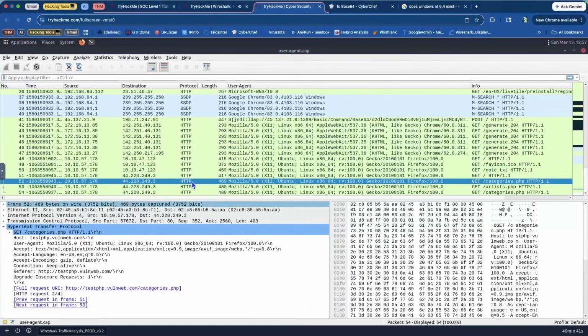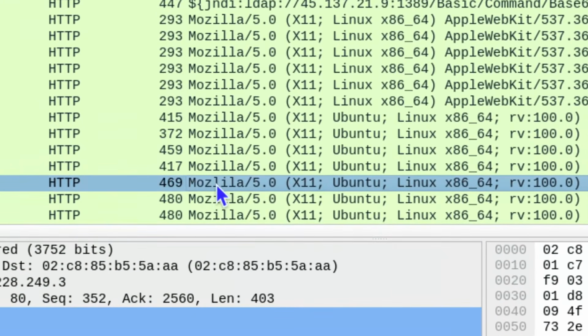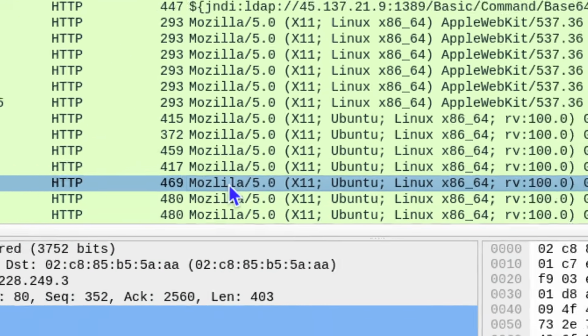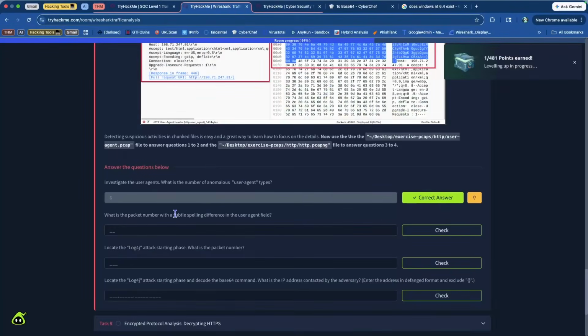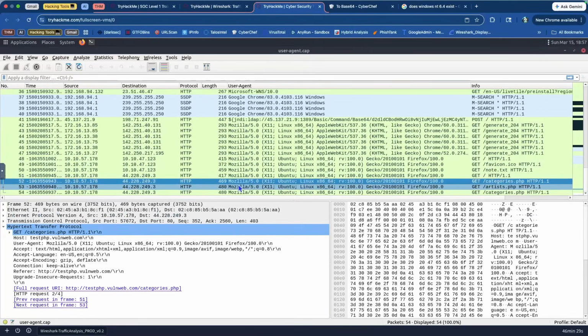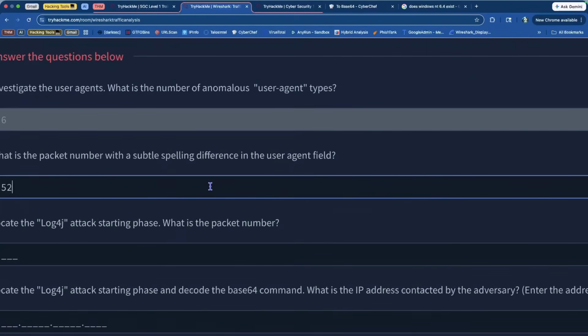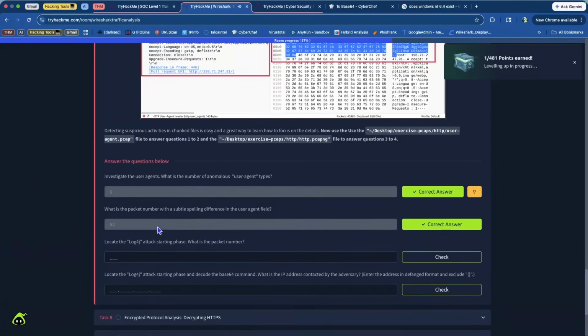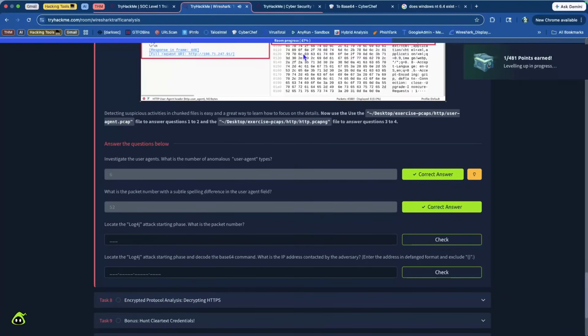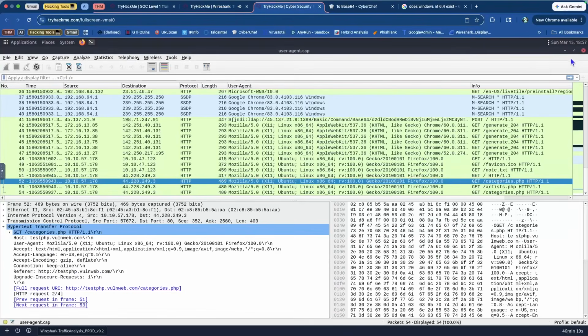Yes, okay. Wow, I totally missed that. At first glance, you don't notice it at all, but you really got to pay attention to it. Okay, so 6. What is the packet number with a subtle spelling difference of the user agent? That's the one right here, and so that would be packet number 52. Wow. Okay, cool. All right, so now we're going to go to the next PCAP, which is the HTTP